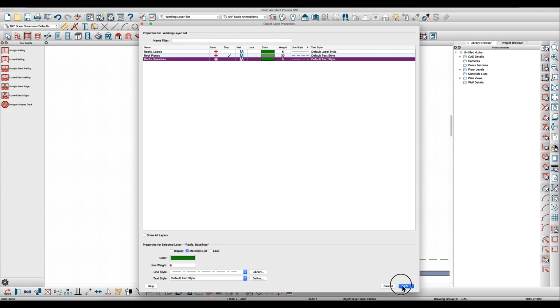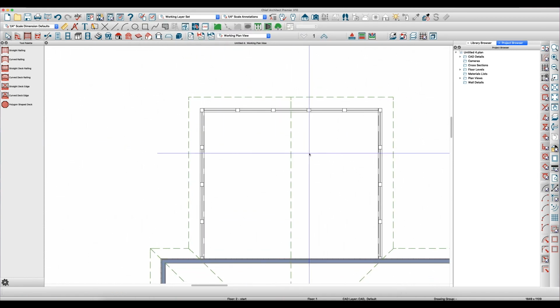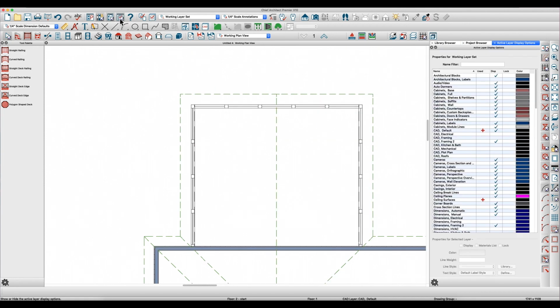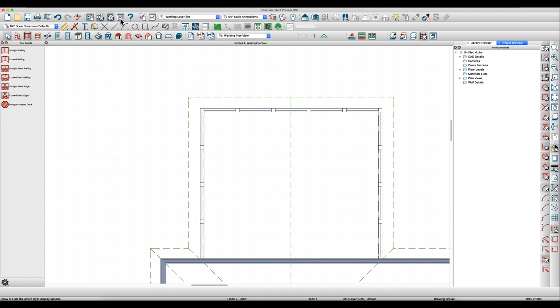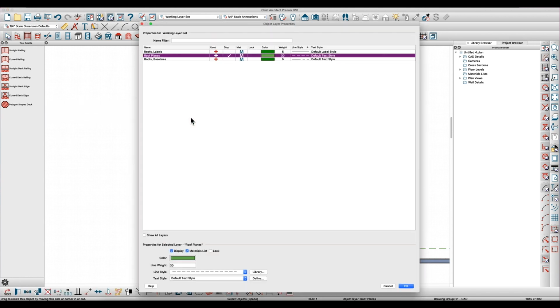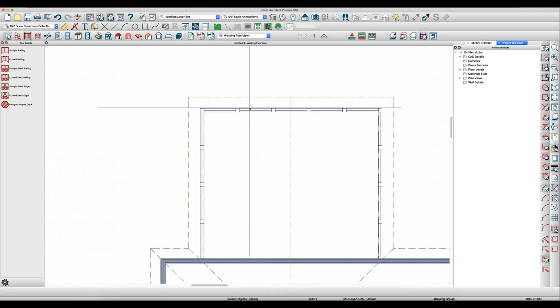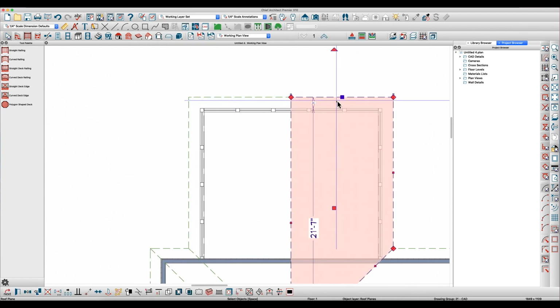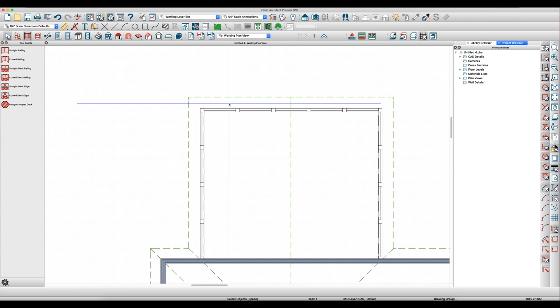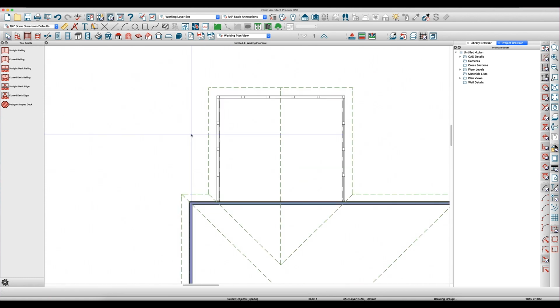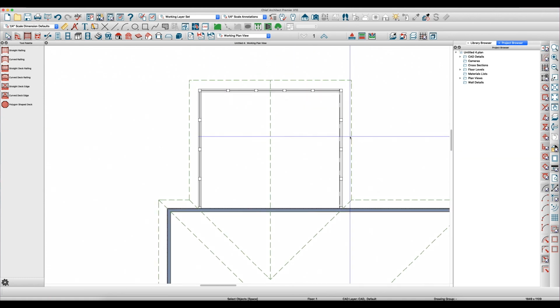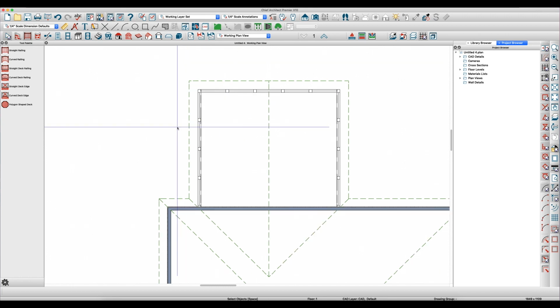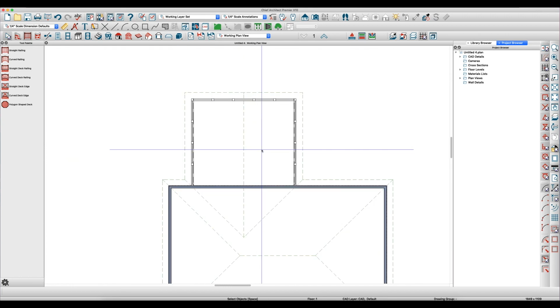And some people leave their, what do you call this here, the active layer display on all the time. But I just put a hotkey OL for object layer, and when I want to turn a layer off, I just OL it and turn off what I want. Just me, instead of leaving it on all the time. Anyway, so there's our porch, and